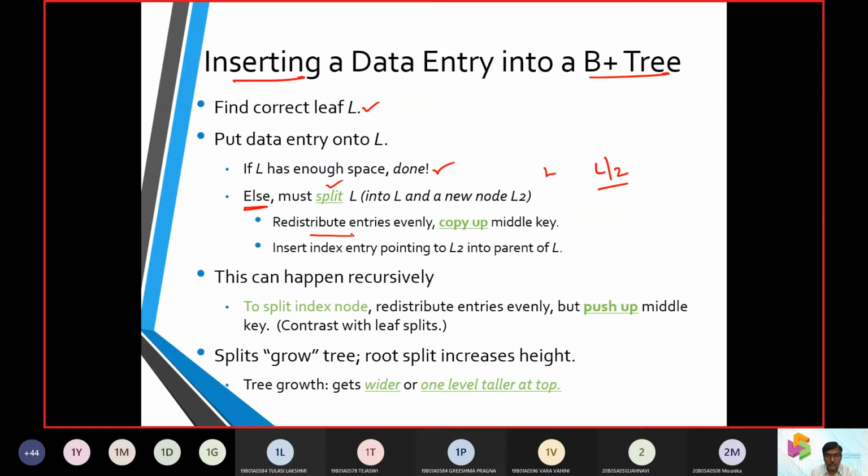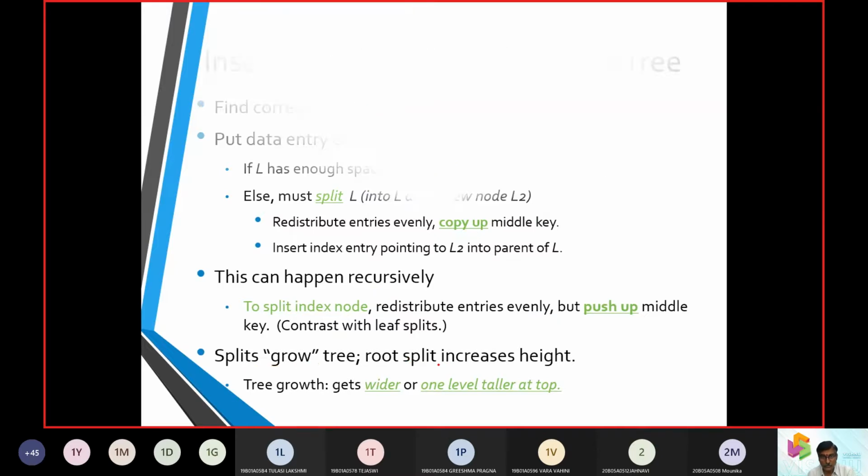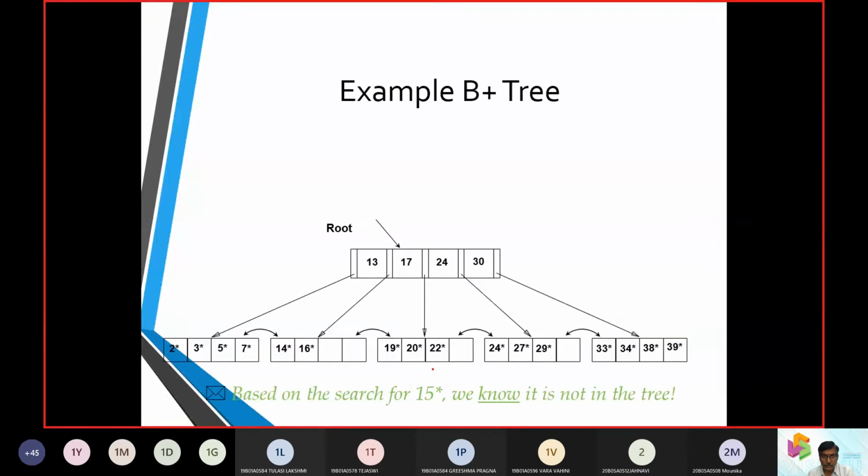So we redistribute the entries and we copy up the center point to the middle node, and we split recursively as long as the tree is growing. So that is all regarding the insert operation here.